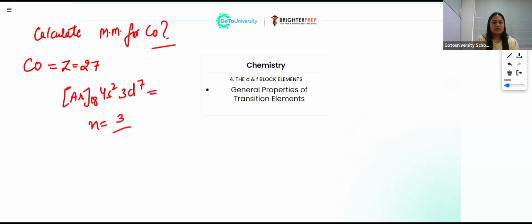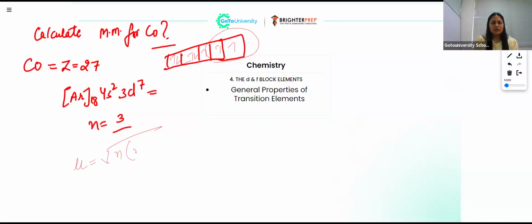How? As you can see here in the d orbital, if we fill electrons here like this, now these three, they are having unpaired electrons. These two, they are having paired electrons, right? So this is how we can calculate the number of unpaired electrons, and by using the formula for magnetic moment,